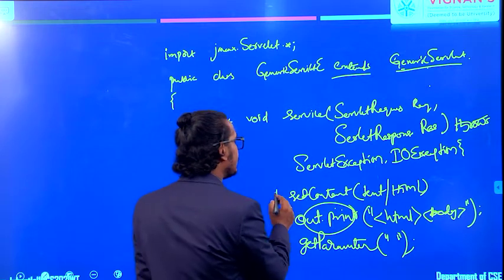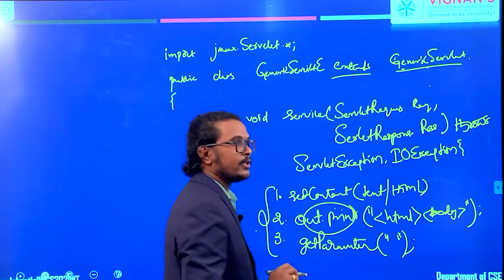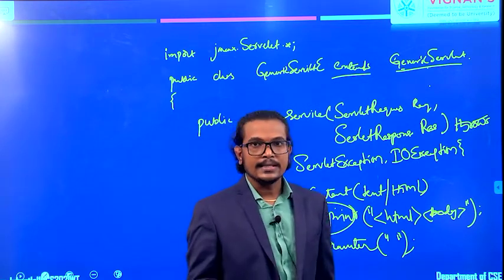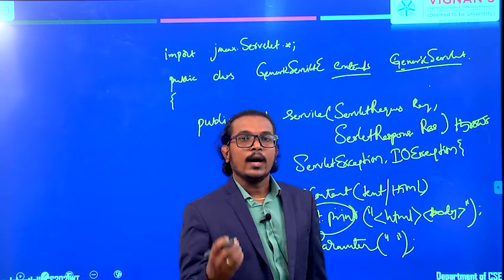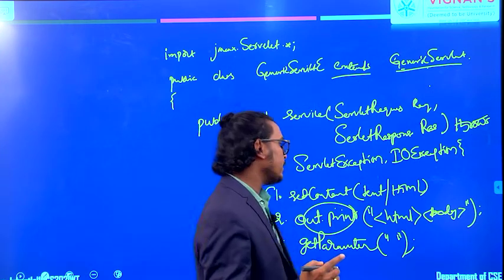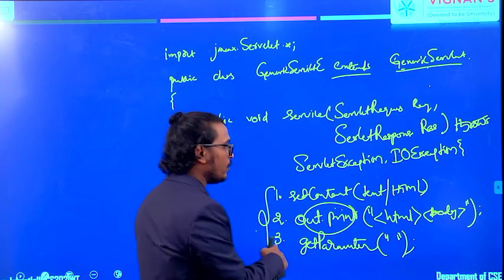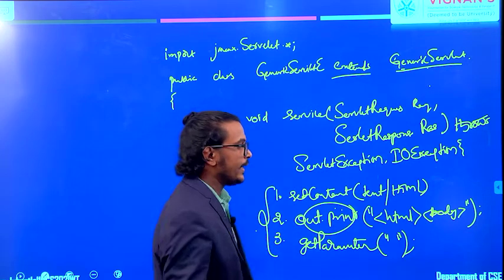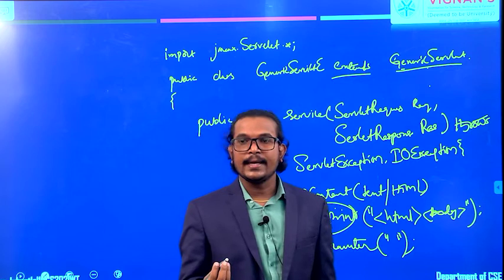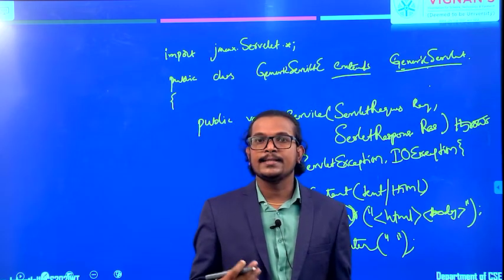And why are we writing this entire code in the Java language? Because our servlet will work on a Java program, right? One more thing, you may have doubts: if you are writing the code in Java language, how are we getting the HTML code?